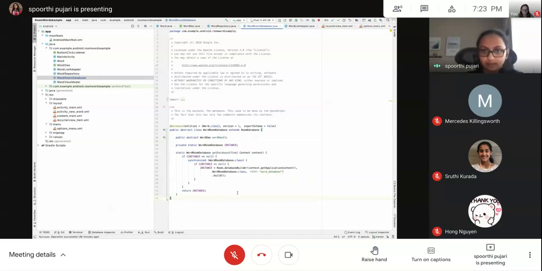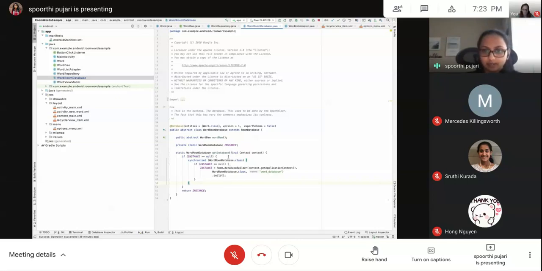Now what do we do inside this constructor? If I already have an instance, so instance is not equal to null, I just return the instance. If the instance is null, it's not created before. Now we are creating one synchronized block here. Why are we doing this? Because we can have multiple threads calling this constructor at the same time in the app.